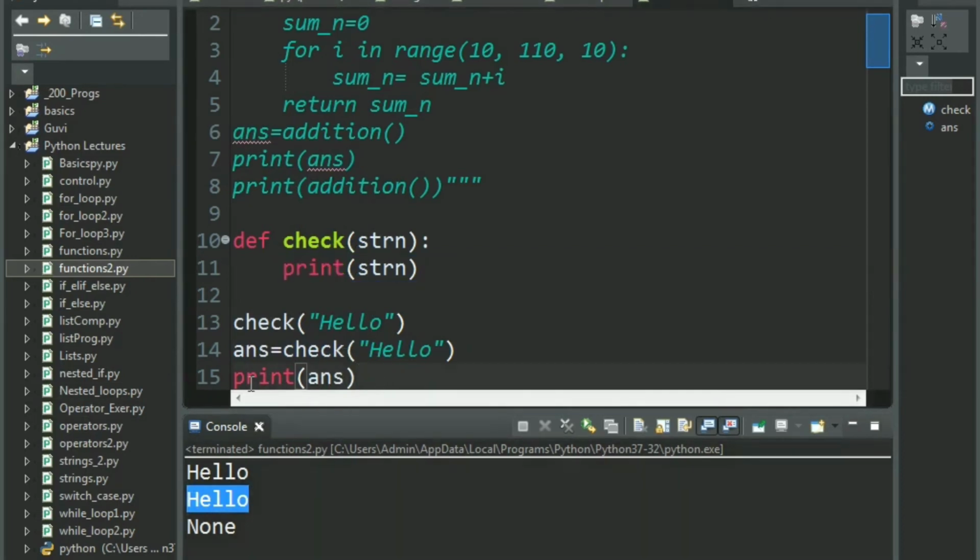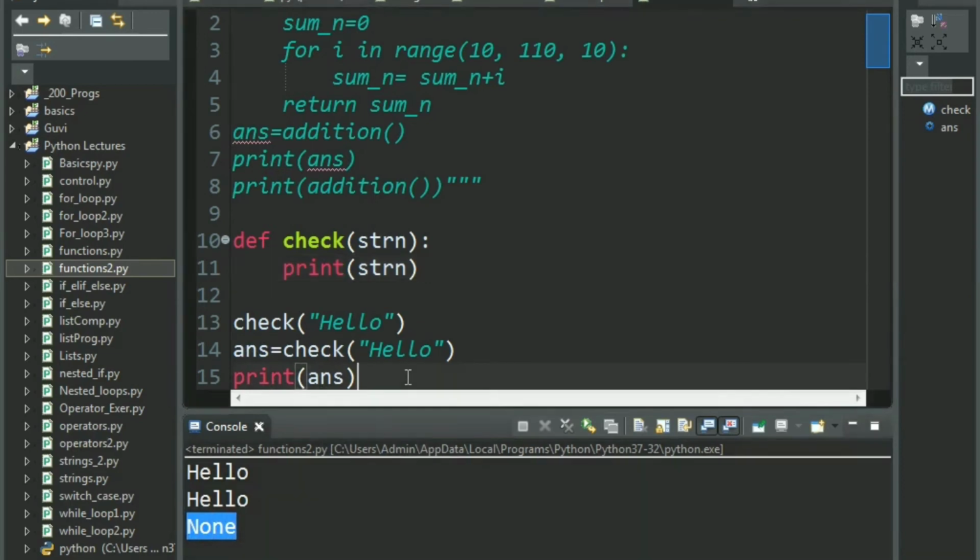But the next time, that is print answer, now you get the exact idea of how return is working inside check. Since we are not returning anything, the function check returns none, and hence none is stored in answer, and whenever we are printing answer, it gives us the output none.